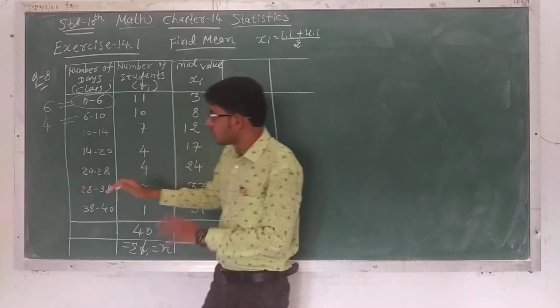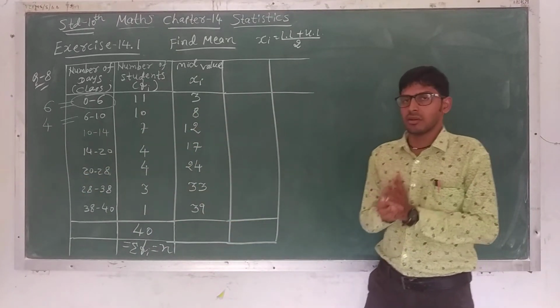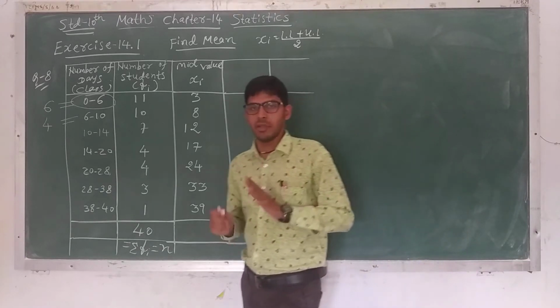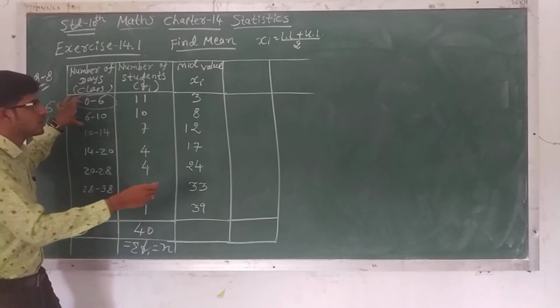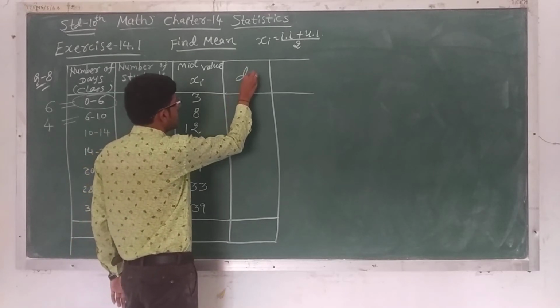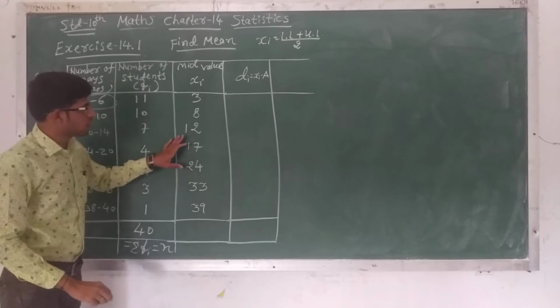So here we observe that the class length is different, so the step deviation method is not used. So we have to use the assumed mean method. Is it clear? Because the class length is different. So in the assumed mean method, the fourth column will be di. di is equal to xi minus a. So first of all we have to assume